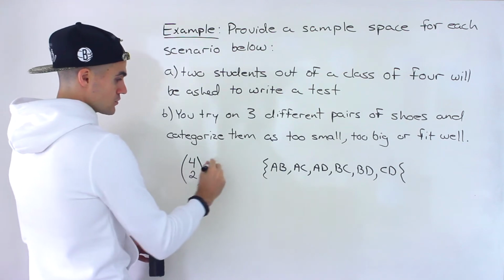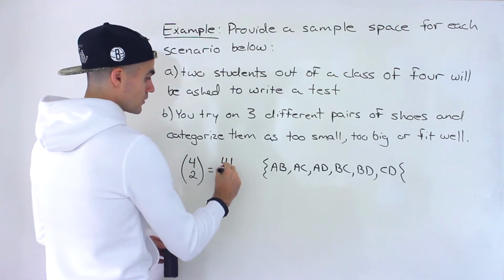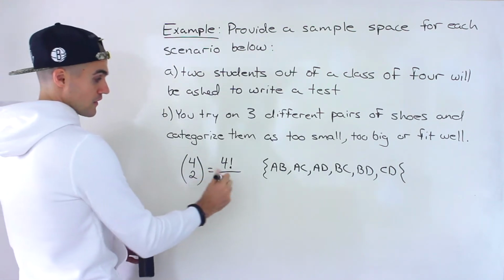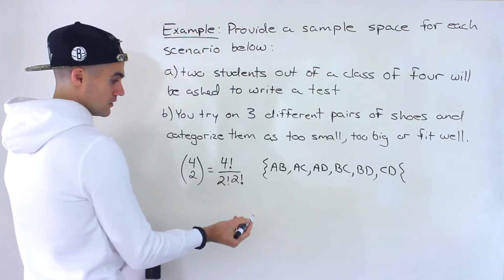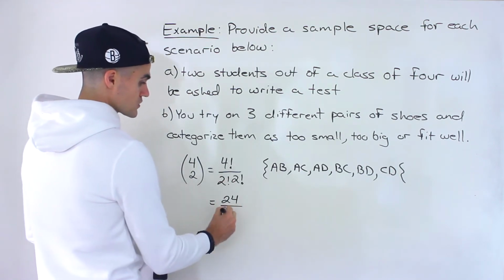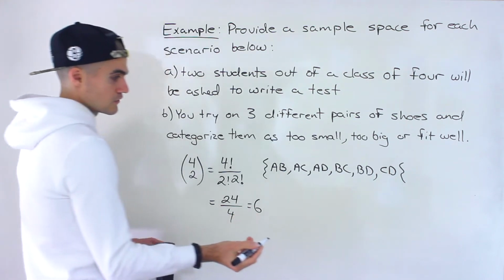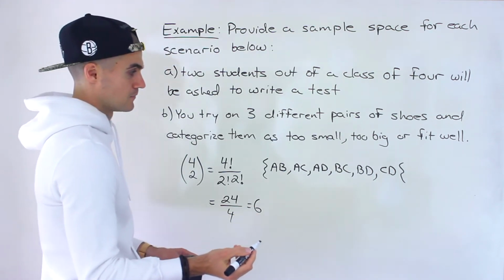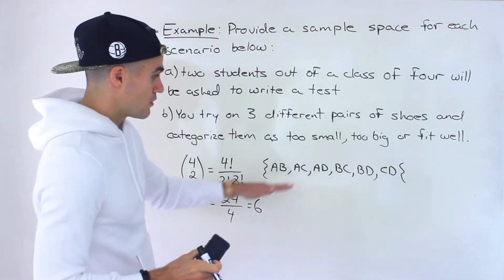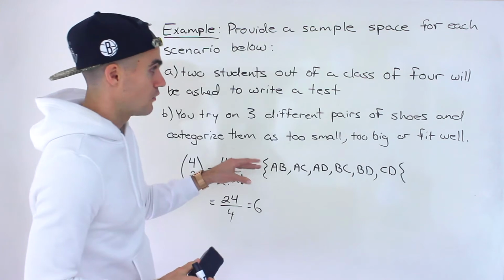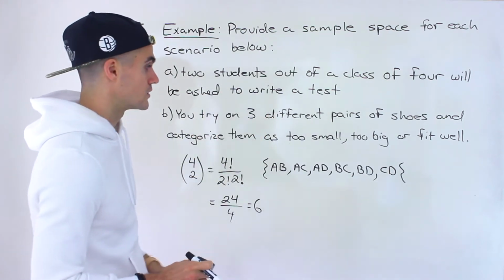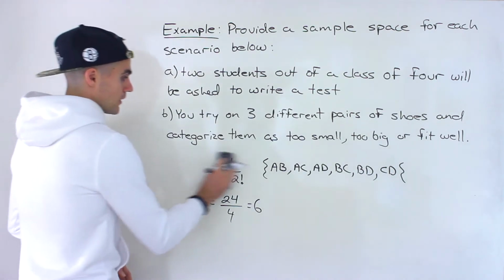And 4 choose 2, what's the formula for that? 4 factorial over 2 factorial times 4 minus 2 factorial, which is just 2 factorial. And so that would be what? 24 over 2 times 2, which is 4, which indeed would give us 6 different ways that could happen. Right? So if we label the students A, B, C, or D, these are the different combinations of where 2 students can be chosen from a class of 4 to write a test. Now in part B,